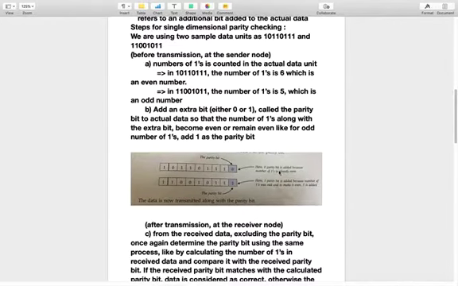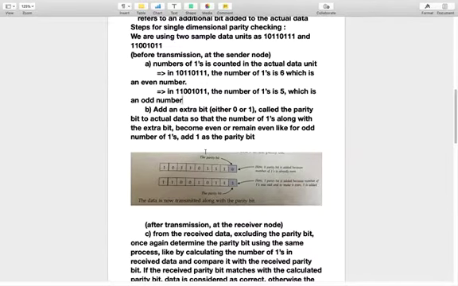Here 0 is the parity bit added because the number of ones is already even. In the second unit the number of ones is 5, so we add parity bit 1 to make it even. Here 1 is added because the number of ones was odd. So at the sender node this process will be done.